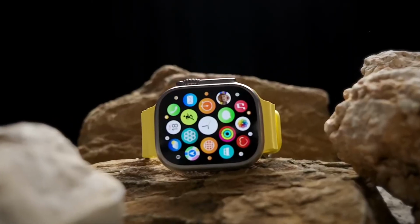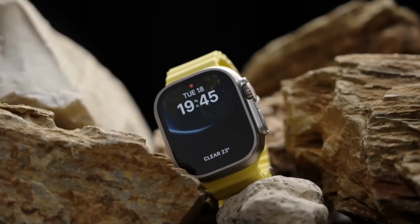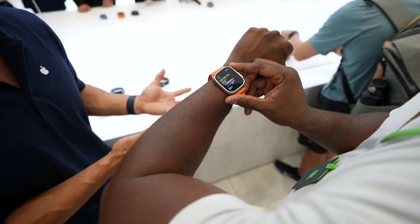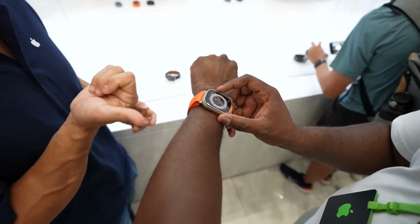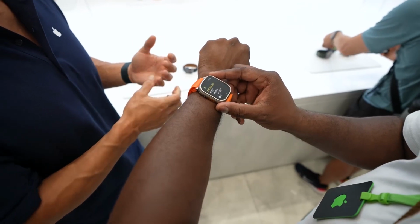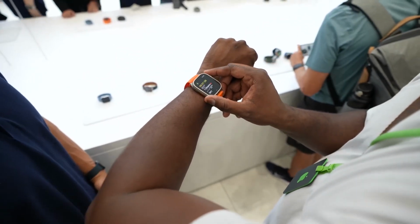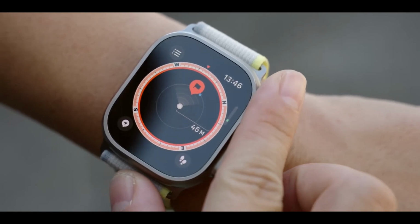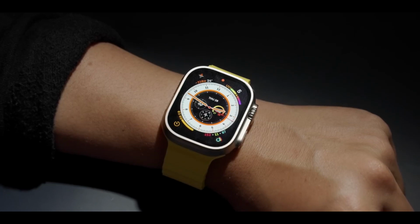In addition, it comes with a massive 1.9-inch always-on retina display that produces a more transparent, brighter image than cheaper watches like the Apple Watch SE. The S8 chipset delivers top-tier, seamless performance and can handle almost any application or multitasking requirement without lagging or noticeably slowing down. It also has an improved dual-frequency GPS module for more accurate outdoor tracking, a depth sensor for more